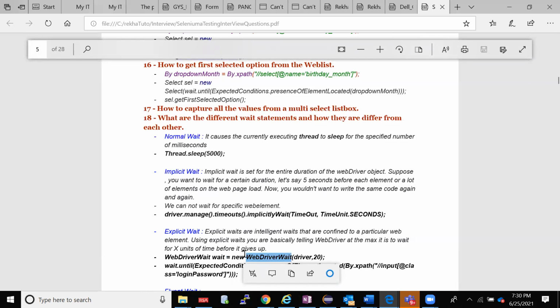And once I create an object, whichever object I've created as wait, wait.until(ExpectedConditions). What is the expected condition? presenceOfElementLocated. I'm telling it to wait till this element is found. And By, I need to give that element. This is my element. So this is the explicit wait. First, I'll create an object for WebDriverWait. Here I'll pass driver as an input and say how many seconds you need to wait. Then to that object, wait.until ExpectedConditions. Then what is the condition I need to give? So you need to remember this.